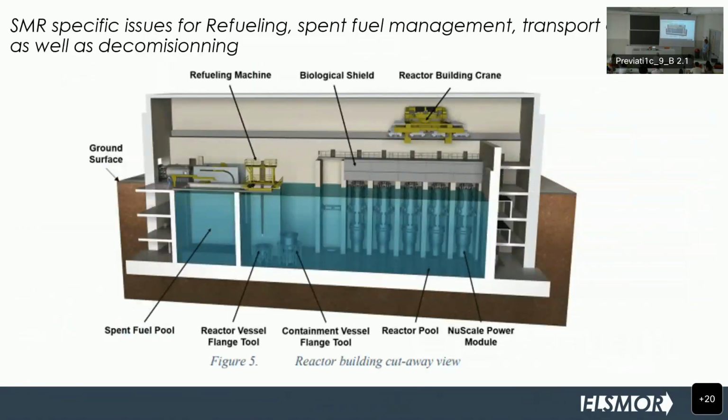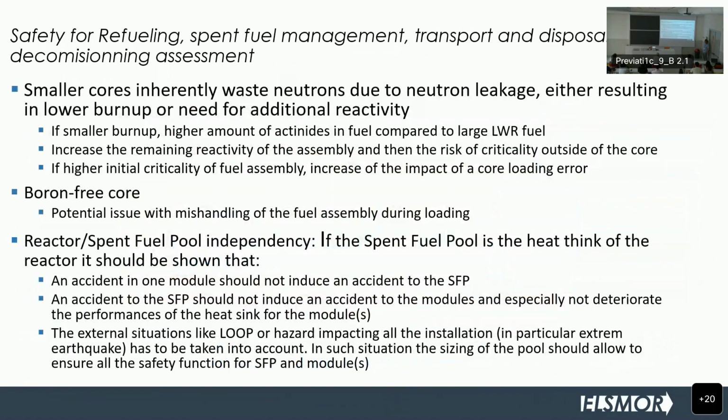When we think about, for instance, NuScale, with many modules and a spent fuel pool in the same place, we need to acknowledge that smaller cores are inherently wasteful, because they leak neutrons, which means you either have lower burnup or you need higher enrichment to reach the higher burnup. For smaller burnup, there will be a higher amount of actinides in the fuel compared to a large core, and if you have higher initial criticality of a fuel assembly, you increase the impact of core loading error, and there are also other issues with increasing